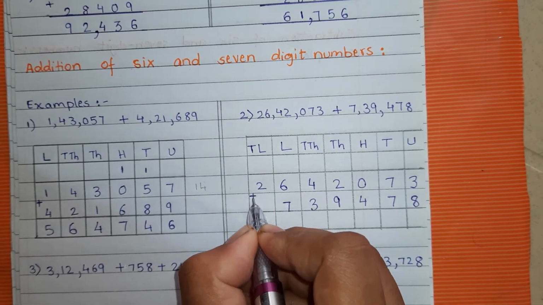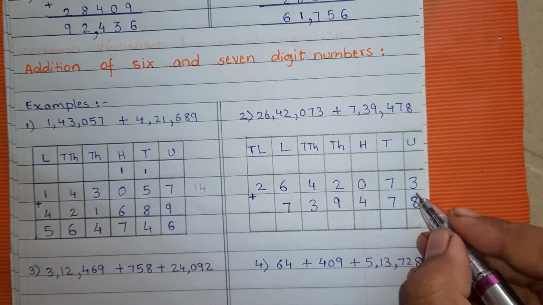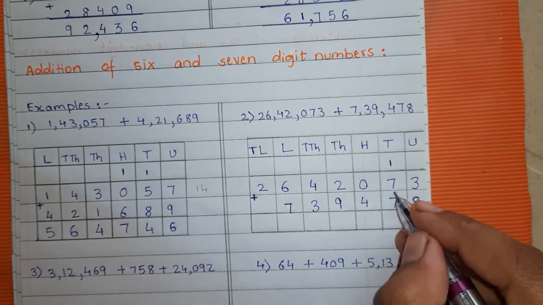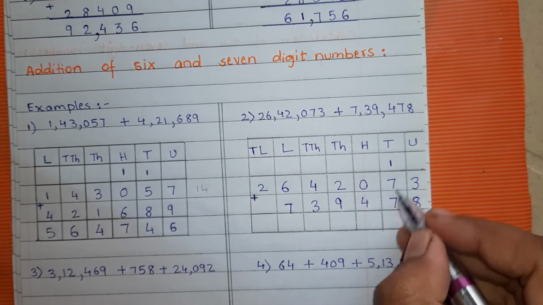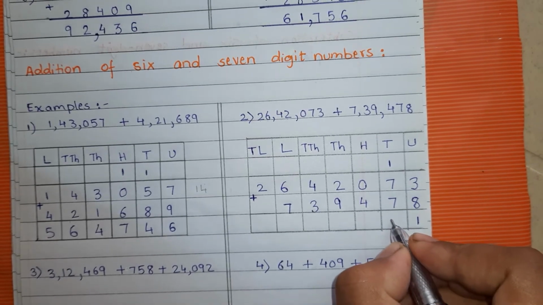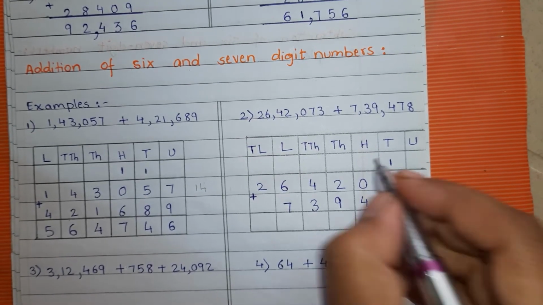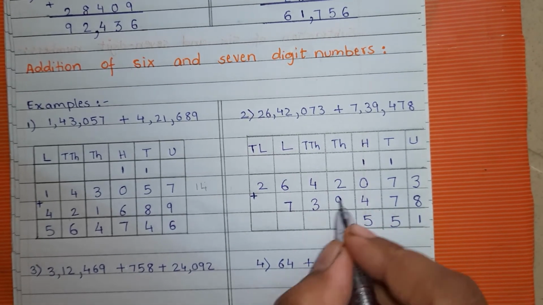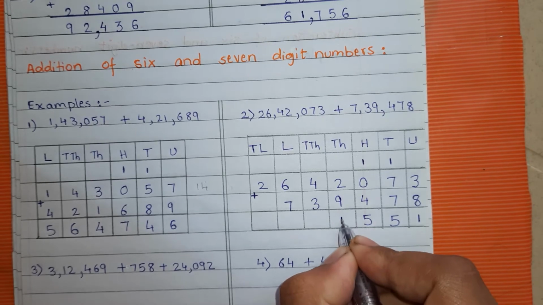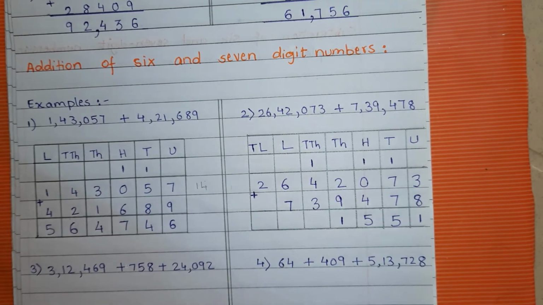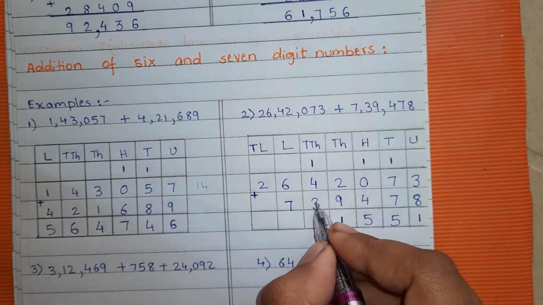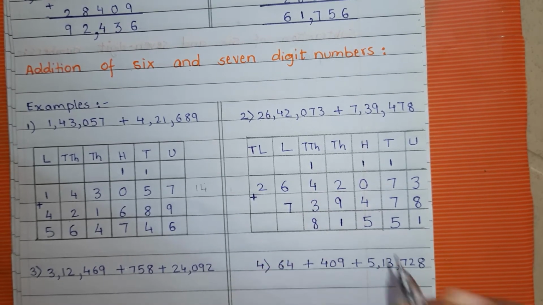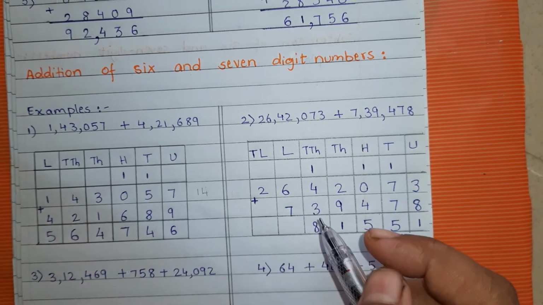And this is an addition problem, so we will give a plus sign. Now start addition. 8 plus 3, 11. 1 carry 1. 7 plus 7, 14, plus 1, 15. 1, 5, 15. So 5 here and 1 carry. Now 4 plus 1 is 5. 9 plus 2, 11. 1 carry 1. Now 4 plus 3, 7. And 7 plus 1, 8. Single digit, so write as it is. No carry will come here.